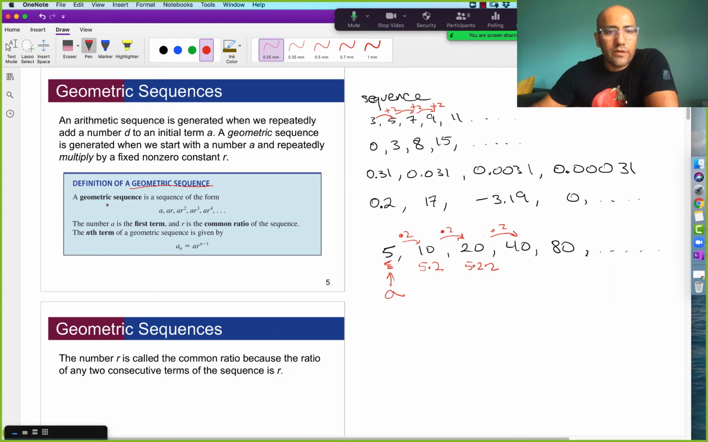Good. Okay, so here is the official description of a geometric sequence. A geometric sequence is a sequence of the form A, where A is the first term, then the next one is AR, then the next one is AR squared, then the next one is AR cubed, and so on and so forth. Good. And notice that there is a pattern between its location and the number of times that you multiply R